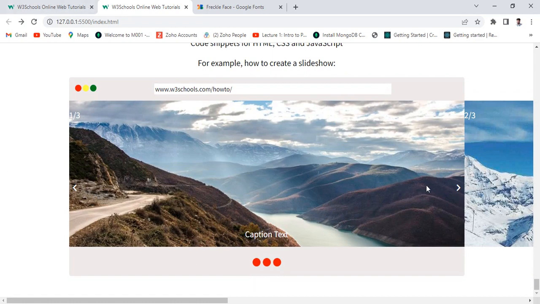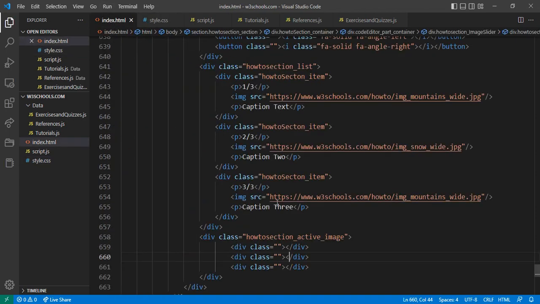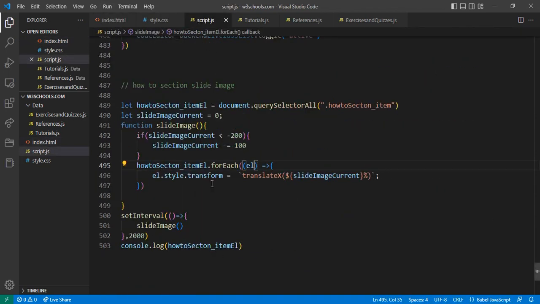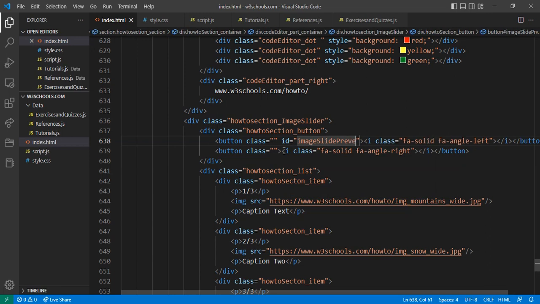Now I want to slide this image, display this image. For that, where is the script tag? First of all, I also want to access these two buttons. Let me come here, and here I give the id image slide previous, and this will be the next. Just copy this id here also, paste here. Here I give the next image,